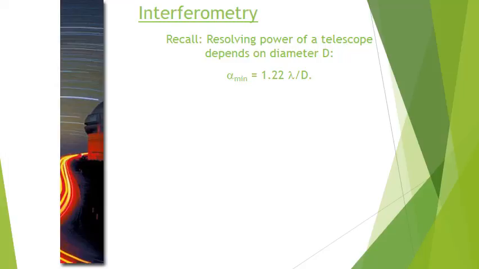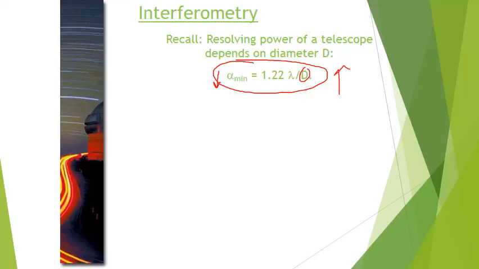Okay, so we already talked about resolving power, and in fact, we talked about it with respect to this equation. You don't have to memorize the equation, certainly. But one thing you do have to understand is that when you increase the diameter of your telescope, of your primary objective, this D value, notice what happens to the minimum angular separation between two objects that can be resolved as two different objects. That goes down, right?